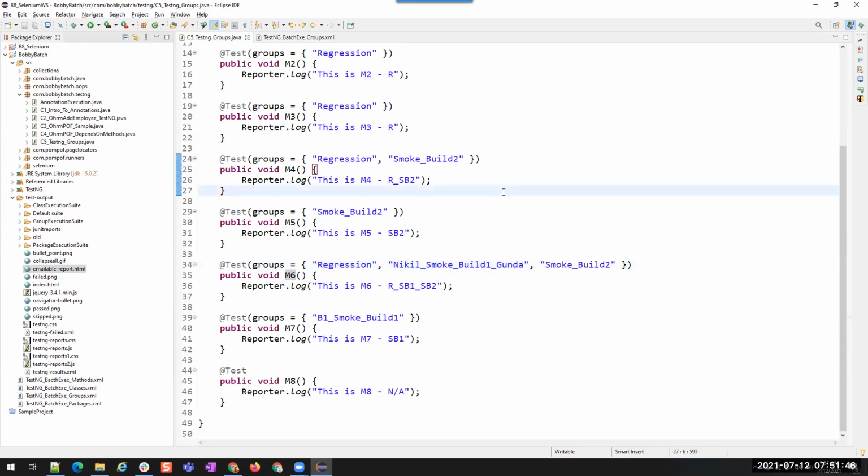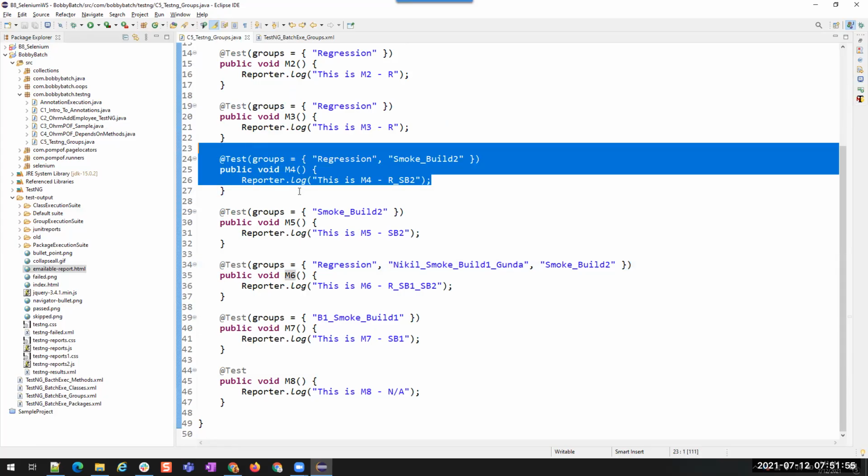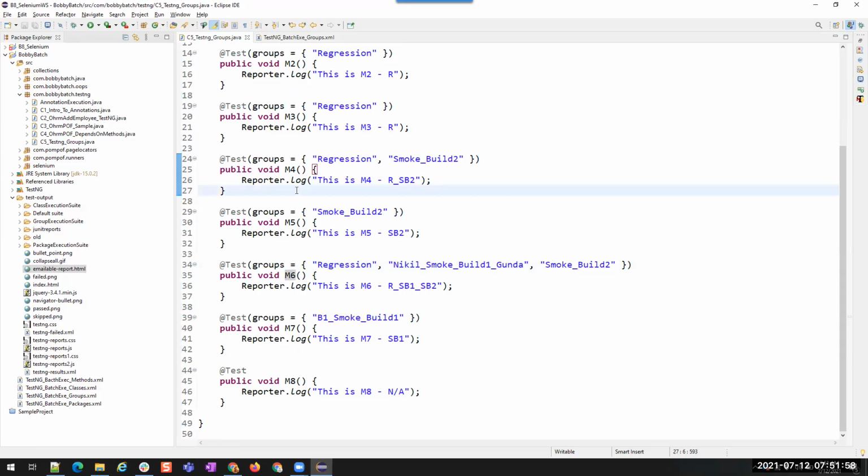Only once it will execute. Yes, exactly. So you have to relate it to the manual. Though we are assigning the same test case to multiple groups, if you are asked to do it manually, will you execute it two times and attach two separate reports to the test case? Or will you execute only once and attach the same report to both the suites? We don't do the manual work double time, right? We already know that it is passing. Then why would you do it for the second time, just for the sake of a group change? No, right?